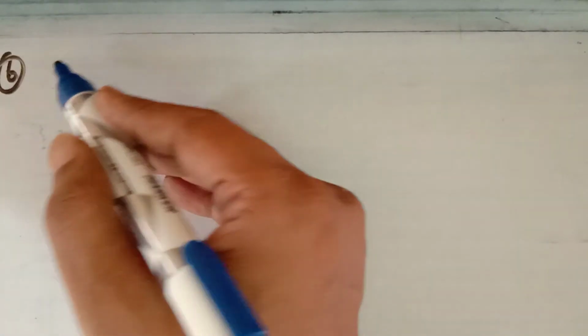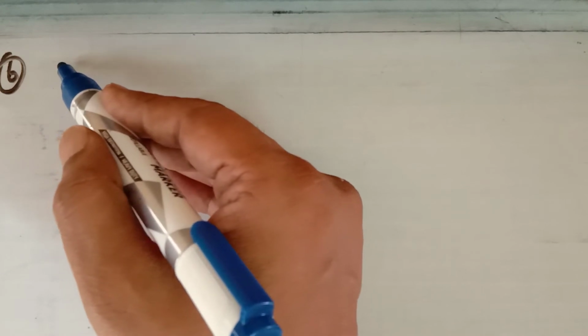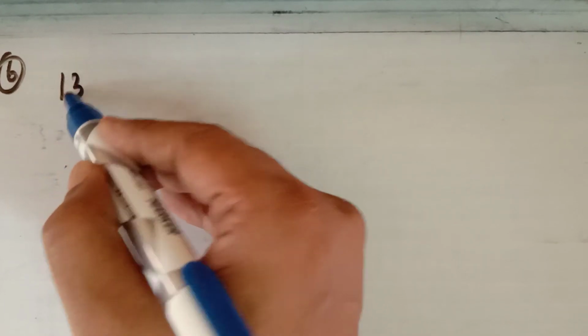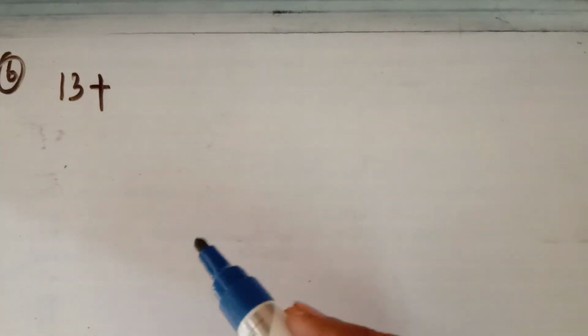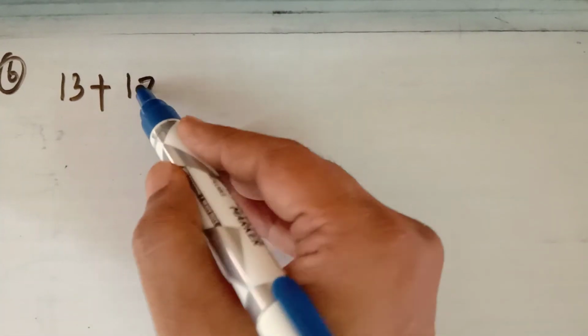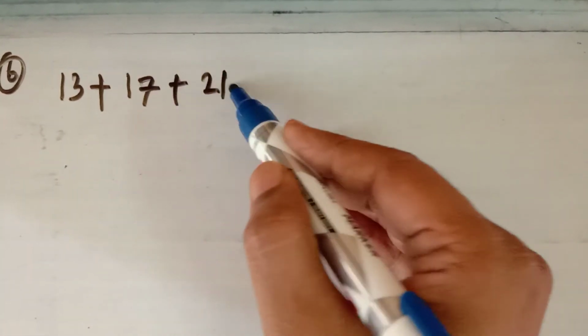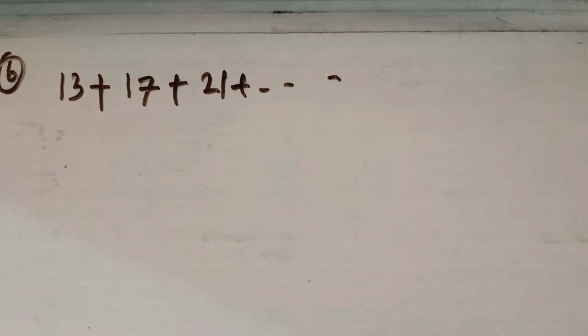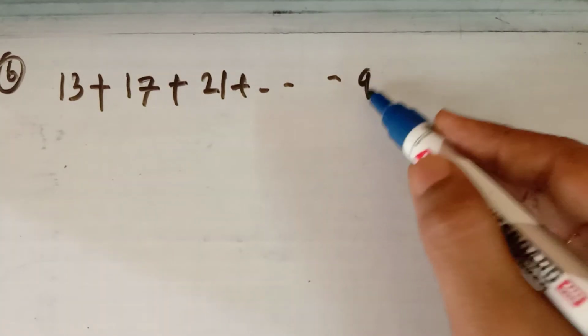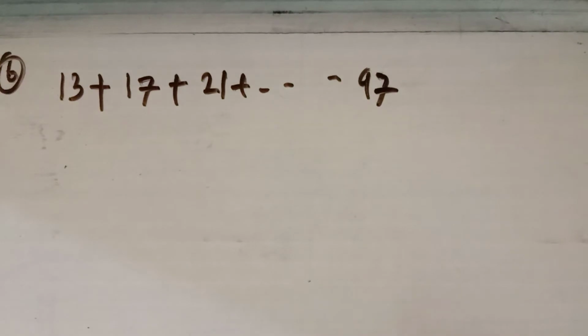The first 2-digit number is 10. The first 2-digit number which is divisible by 4 is 12, and you need 1 as a remainder, so the first number will be 13. Next will be 16 plus 1, that is 17. Next will be 20 plus 1, that is 21, and so on. I have written those 2-digit numbers which are divisible by 4 plus 1, and the last will be 96 plus 1, that is 97. Now you have to find the sum of these.